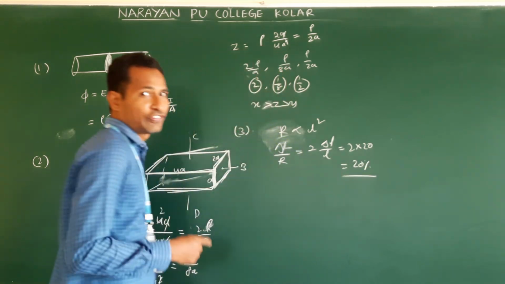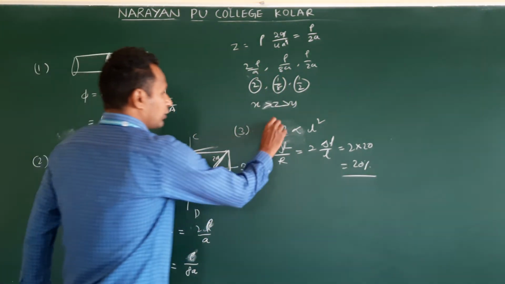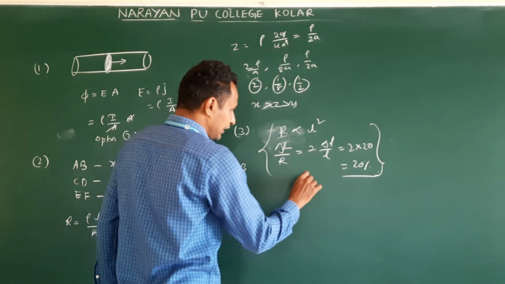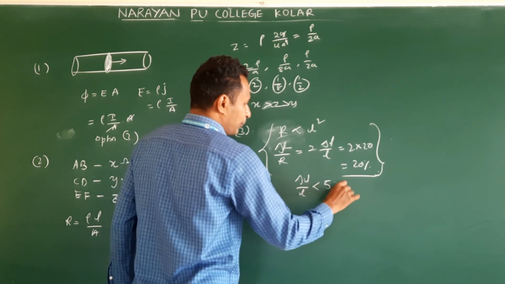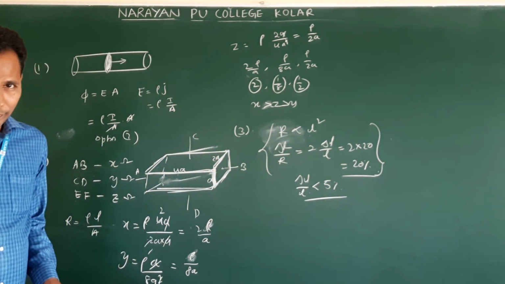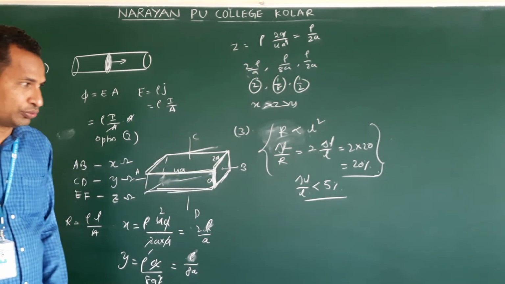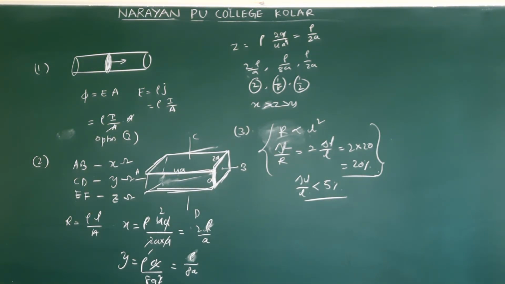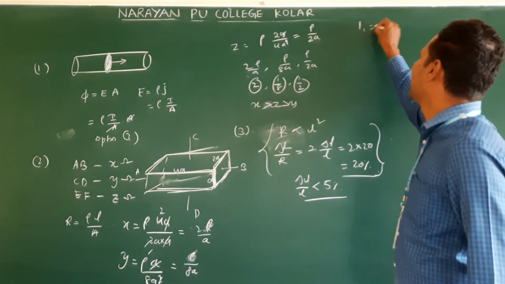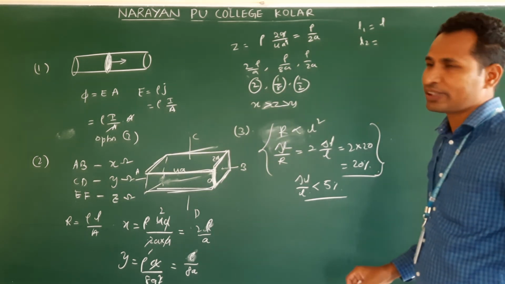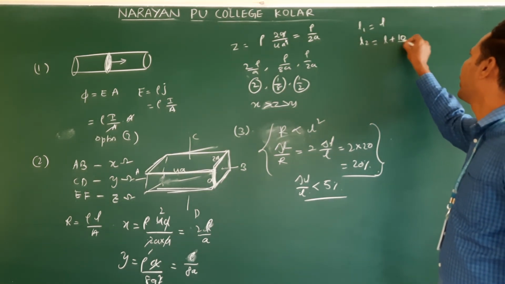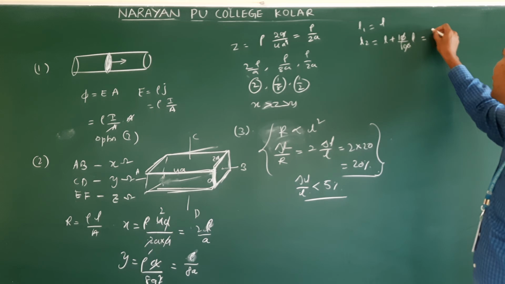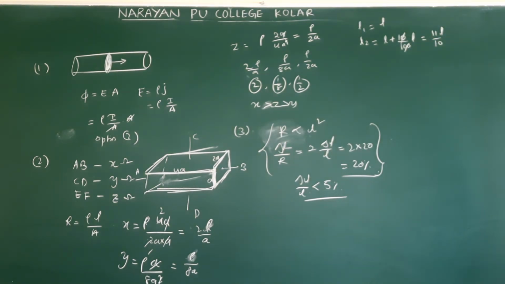Okay, what do you get? They gave the percentage increase in length, so 2 into 10%, that is 20%. But if you follow this method, this is wrong. This is valid only when the percentage increase is less than 5%. If delta L by L is less than 5%, then this formula is valid. But they gave more than 5%. So what do we need to do? We need to follow another method. Clear? So L1 is, take it as L. L2, how much is it increased? 10% increased, so L plus 10 by 100 into L. The zero cancels, so this is 11L by 10. Am I correct or not?